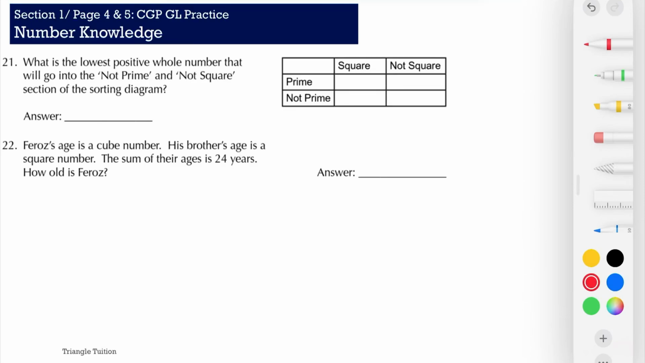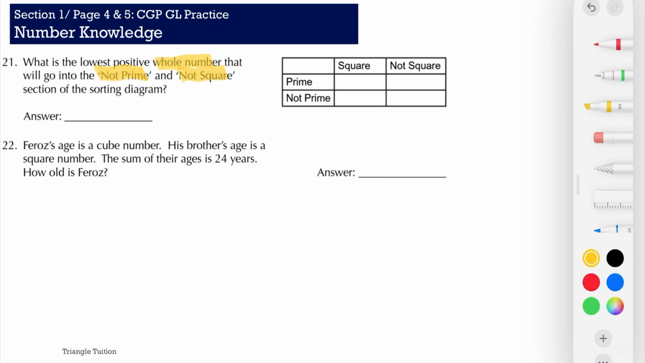This video is about number knowledge. The question here is, what's the lowest positive whole number? We need to remember they're asking for the whole number that will go into the not prime and not square section